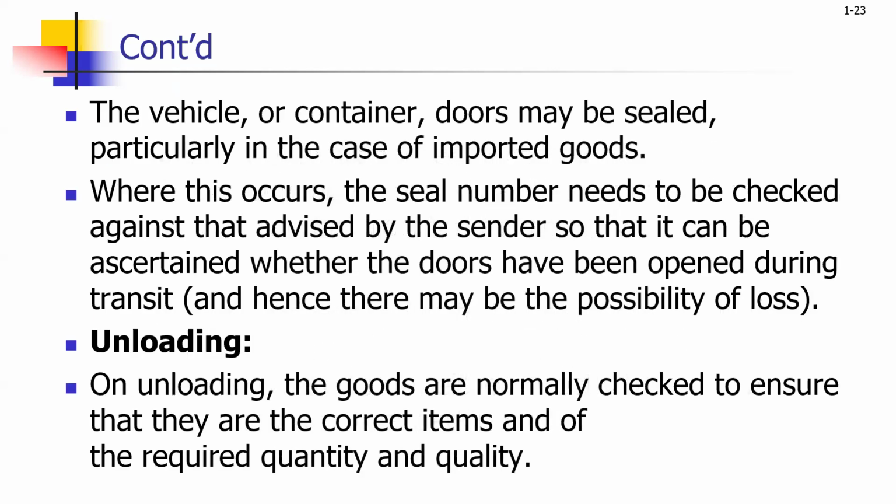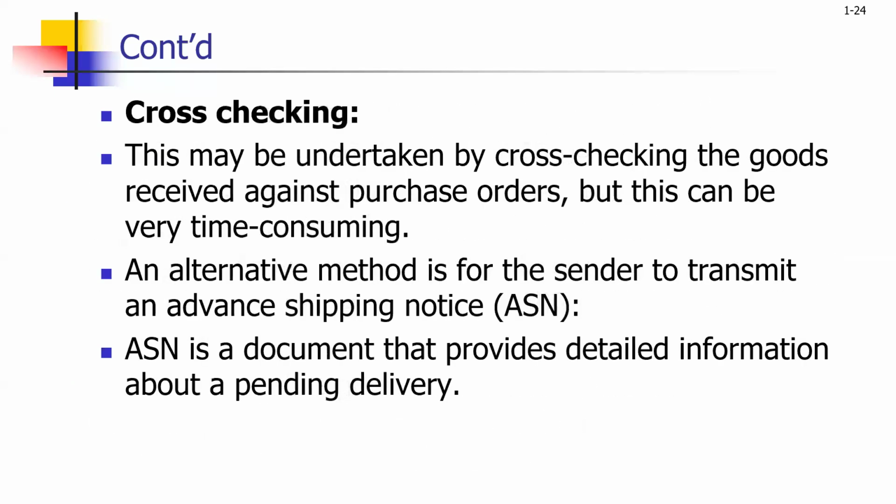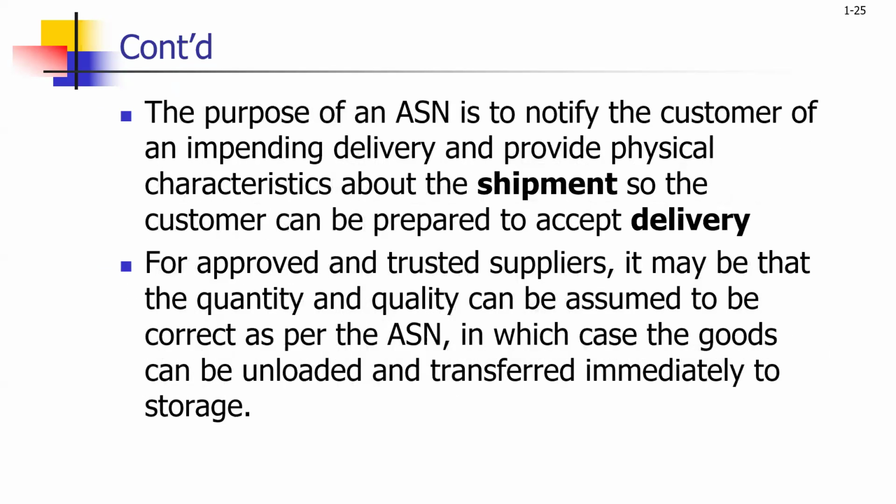All right. Then unloading. Now that the things have arrived, we have to unload them. Check whether you are going to use conveyor belt, manual interface, or whichever way to unload the cars. And then you cross-check to see that all the things that have arrived are in line with what they have told us it should be. Okay. Like cross-checking with the PO, the purchase orders. All right. And then